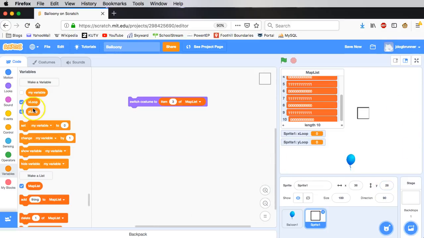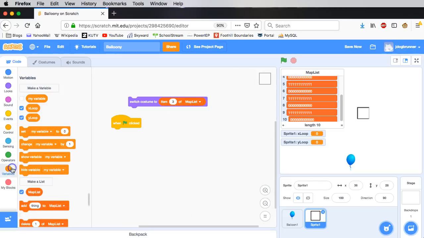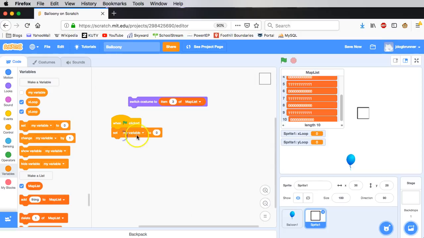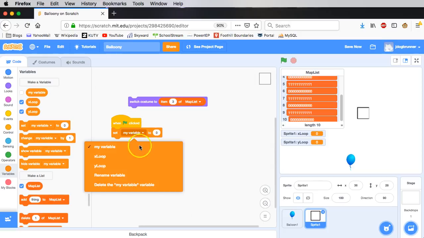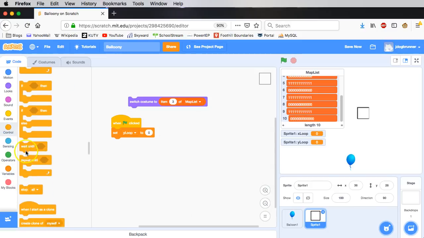So what we want to do is start with the green flag. When the green flag is clicked, we're going to come to variables. The first one we're going to set is called yloop. Basically, the yloop is going to keep track of which row on the map list we're looking at. Set that to 0, come to control, we're going to do a repeat until, and we want to go through that,